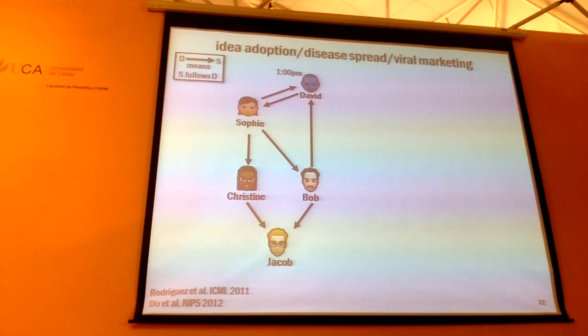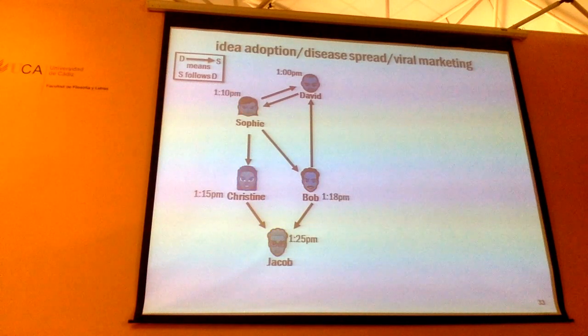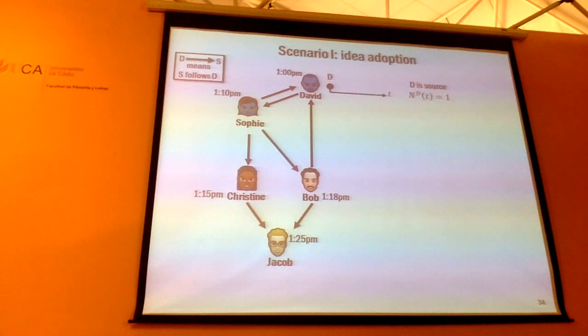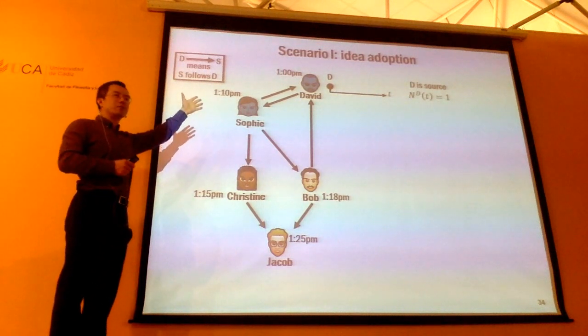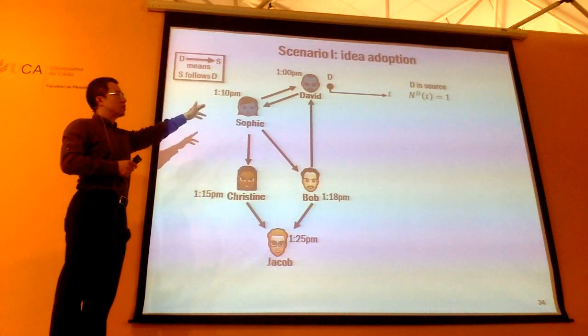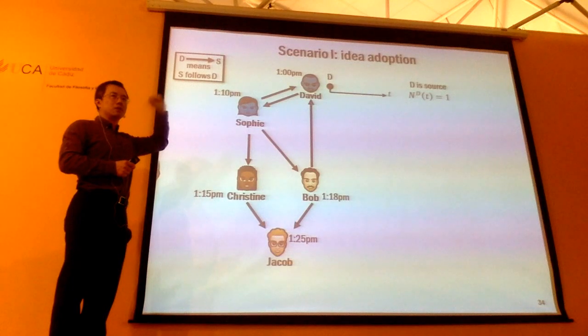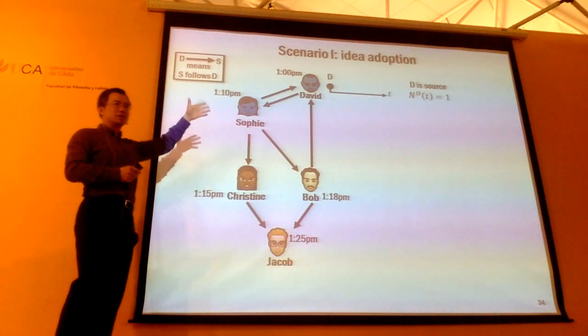And you're going to describe each one of these events by a counting process as well, right? So for instance, you're going to describe the event happening at David by the counting process. Suppose David is the information source. So the count is always going to be 1, okay? So at the beginning, if David is the source.